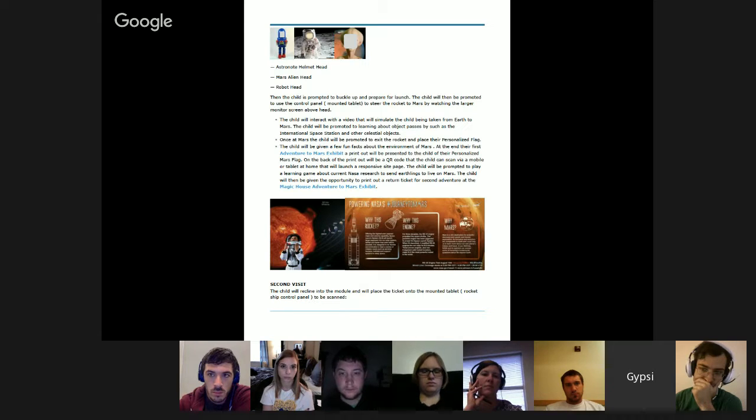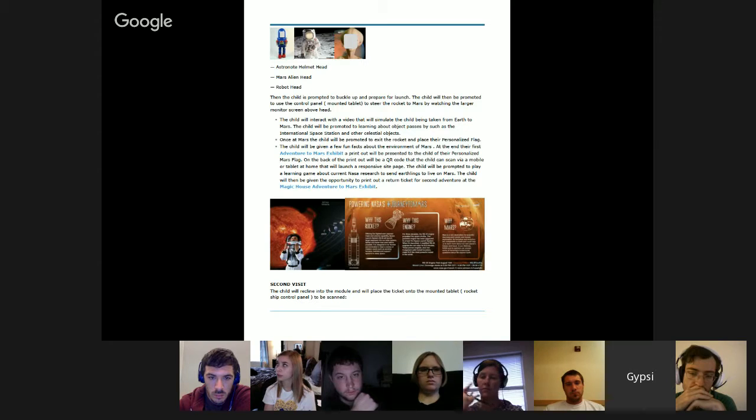Then the child will be prompted to buckle up and prepare for launch, and to use the control panel, the mounted tablet, to steer the rocket to Mars by watching the larger monitor screen above their head. The child will interact with a video that simulates being taken from Earth to Mars, learning about objects passed by, such as the International Space Station and other celestial objects. Once they're at Mars, the child will be prompted to exit the rocket and place their personal flag